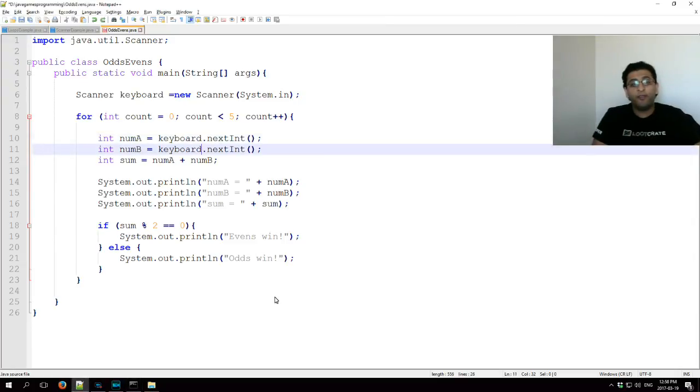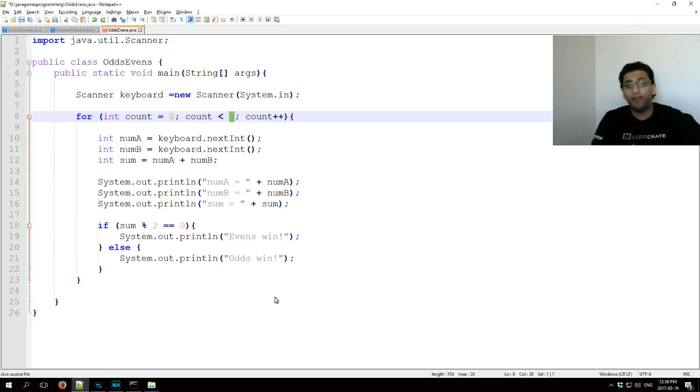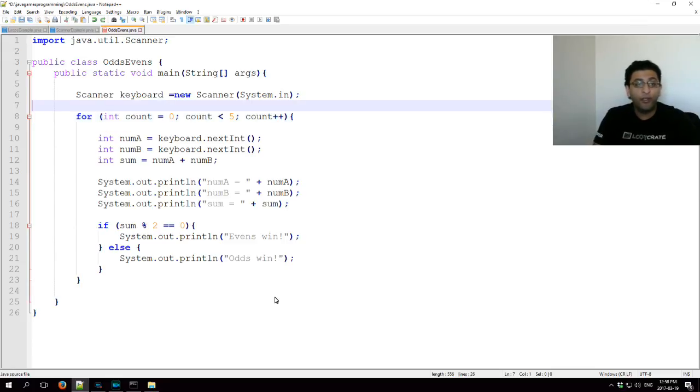At this point, we have the for loop hard-coded here as 5, meaning the user can only play the game 5 times. Now, if we want to change it, giving a user some kind of option where they can say how many times they want to play, we can do that as well. And the way we would do this is